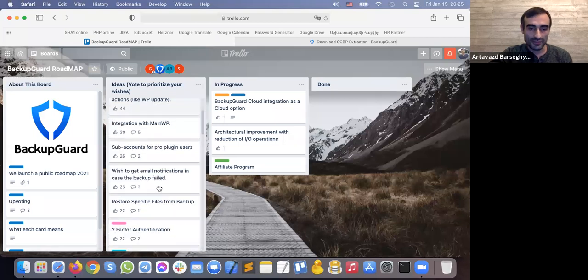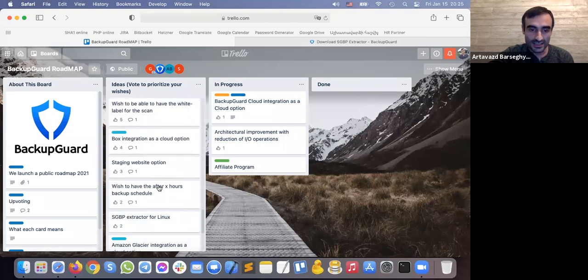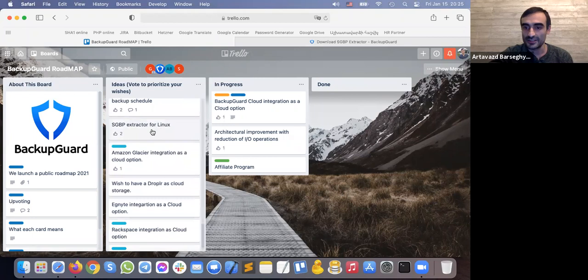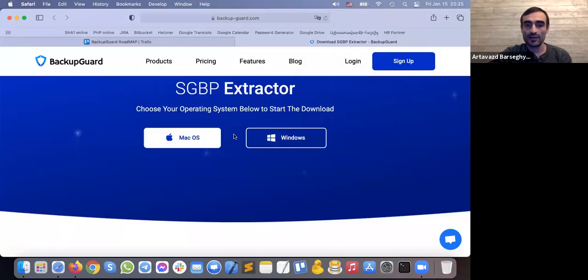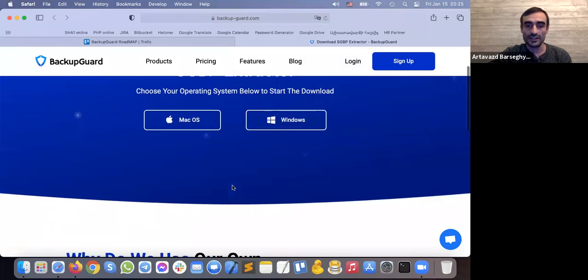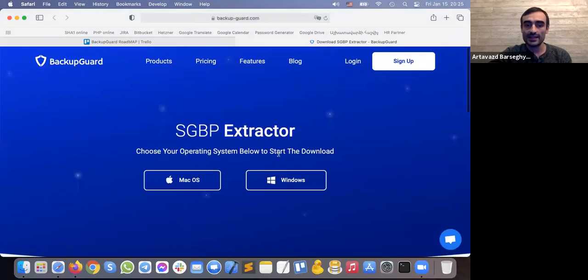And also we have someone who requested this for Linux. Here we have the feature, but I don't know when we will have that for Linux. But for macOS and Windows, we have software which you can download and extract our format. But the thing I want to explain here is that we think there is no need to do the extraction,